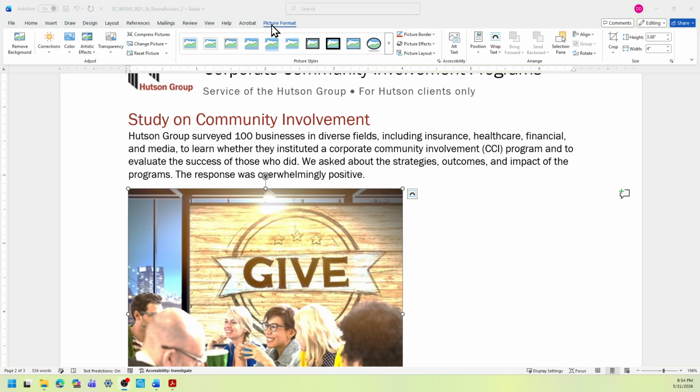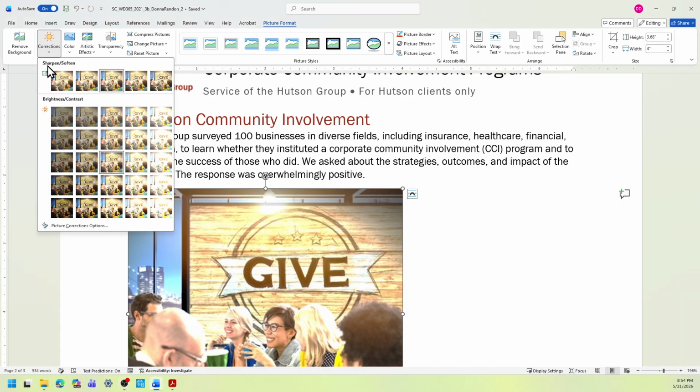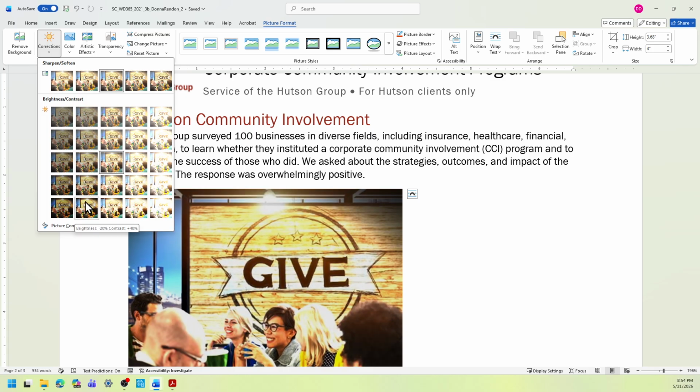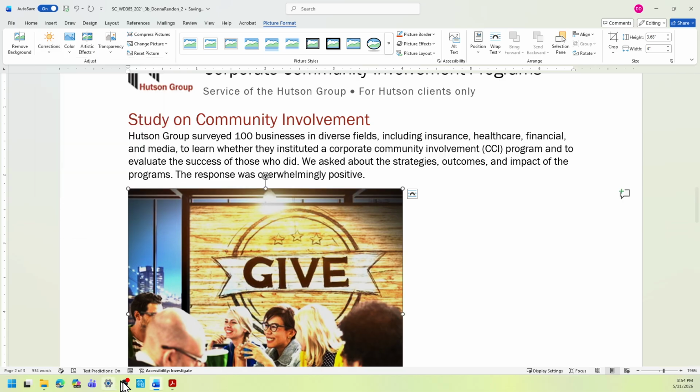Like I said, select the Picture Format. Under the Corrections drop down menu, you're going to look for brightness minus 20%, contrast plus 40%, which I believe is in the second column, last row, or the fifth row under Brightness and Contrast. So there, brightness minus 20%, contrast plus 40%. So click it once. Okay.